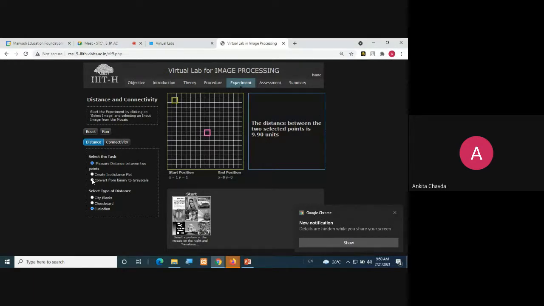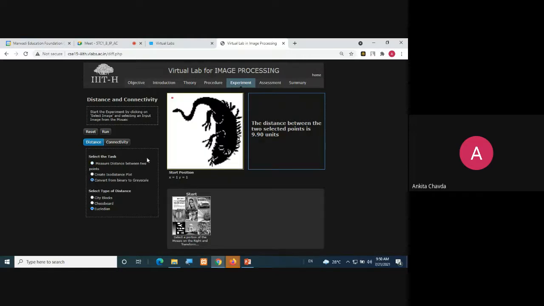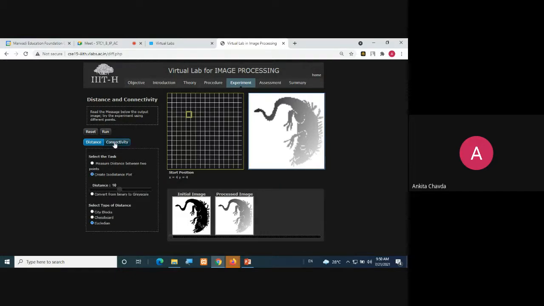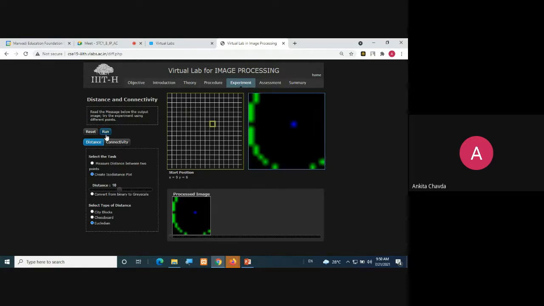Then you can even check for this convert from binary to grayscale, binary to grayscale image. You are just checking for this distance.